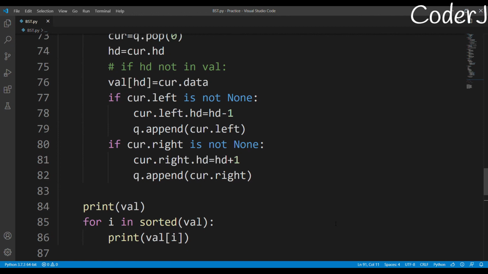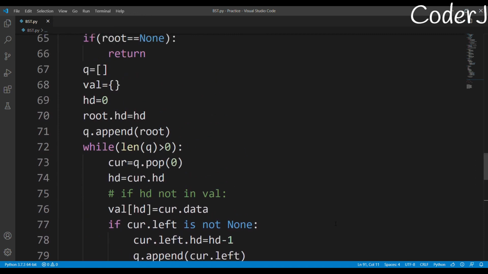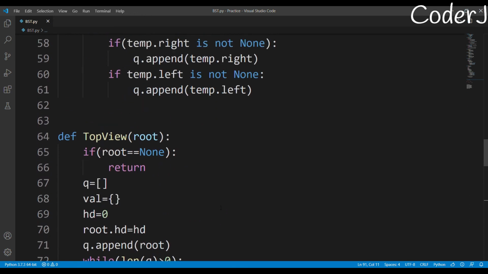I hope you know what actually is causing the difference, right? By the way, if you have any questions, just ask them in the comment section, all right? And yeah, we are done with this, the top view and the bottom view. By the way, just change the name of the functions.